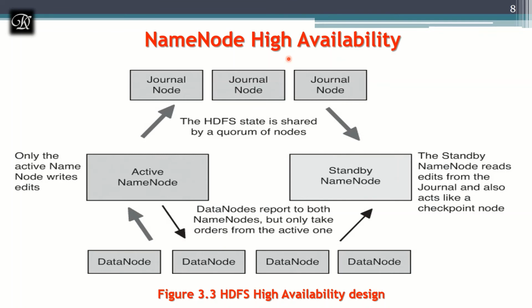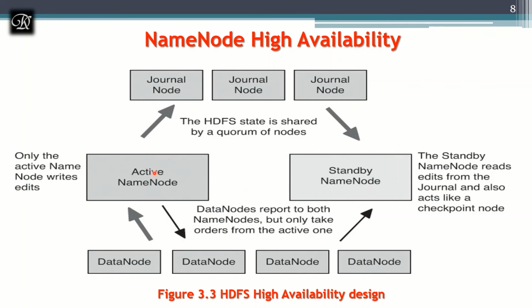There might be some technical glitches due to which the name node can come down. To give a solution for this, we can go with the name node high availability, where the Hadoop cluster will have a minimum of two nodes. One is the active node, and one more is the standby name node, which we have seen from the previous diagram, which we are going to show over here also.